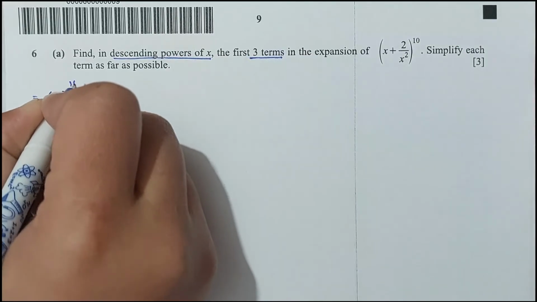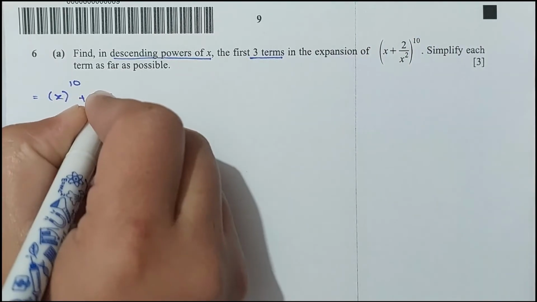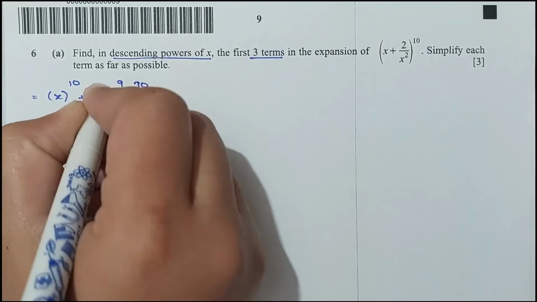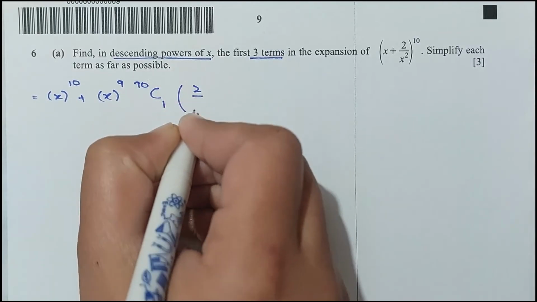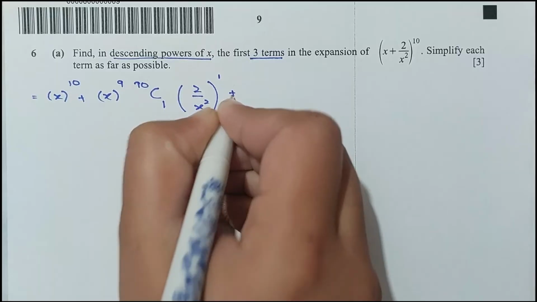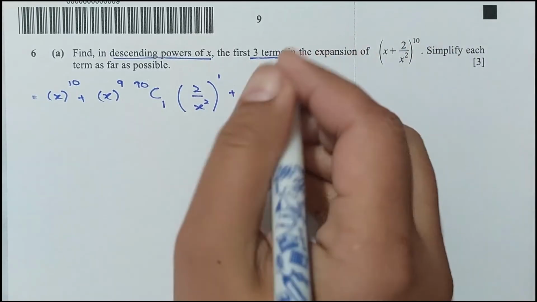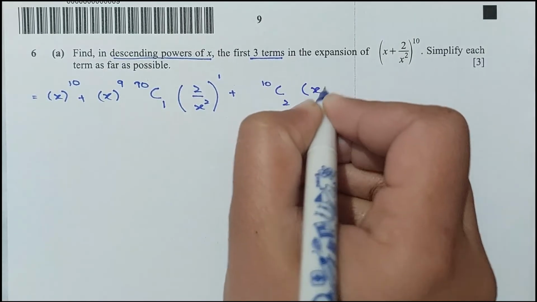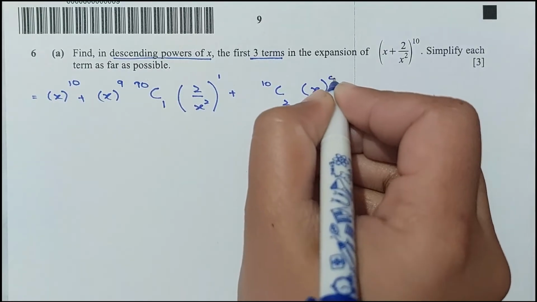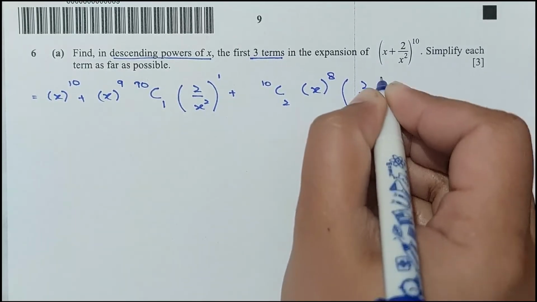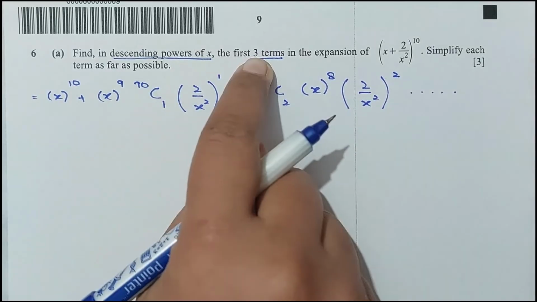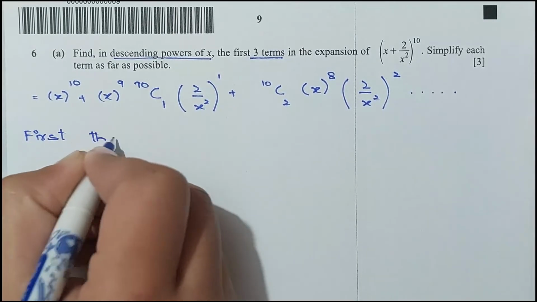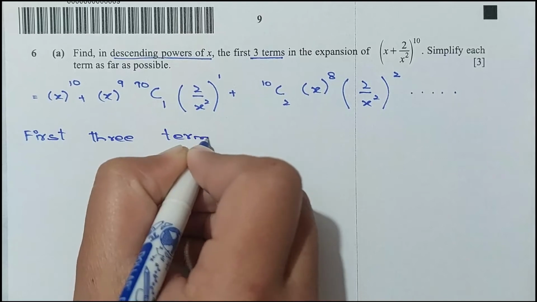x to the power 10, the first term's power is n, plus x to the power 9, 10c1, x to the power 1 reduced, and the second term is 2 over x square, its power is just 1, plus... we have to find the first 3 terms only. And we have 10c2, the first term's power is again reduced, 10, 9, it becomes 8, and the second term's power is increased by 1, so it is 2, and so on. We are just dealing with the 3 terms, right? So we can say the first 3 terms are